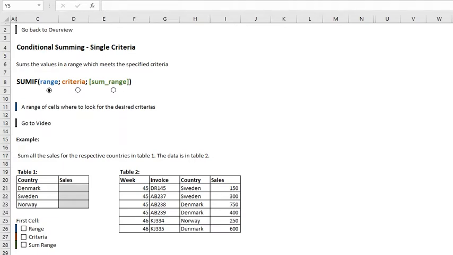The conditional summing function is a summing function which is able to sum if a specific criteria is fulfilled in a defined range. So it's quite useful when building reports actually. What we're looking at is the syntax down here, so the SUMIF or equal to SUMIF, and then